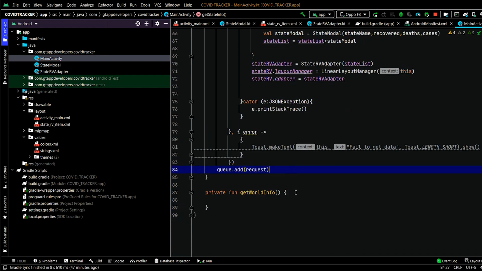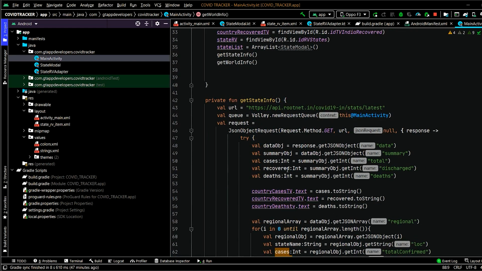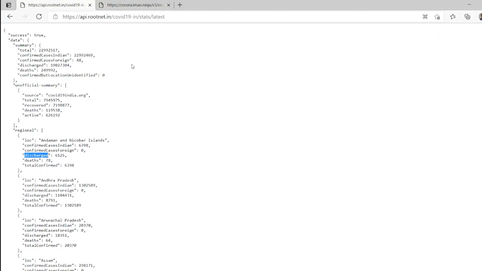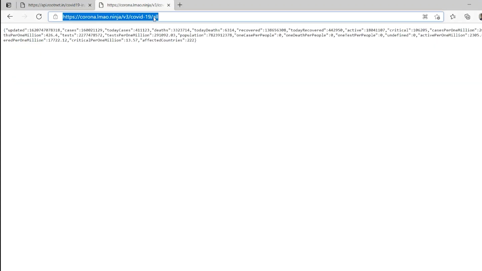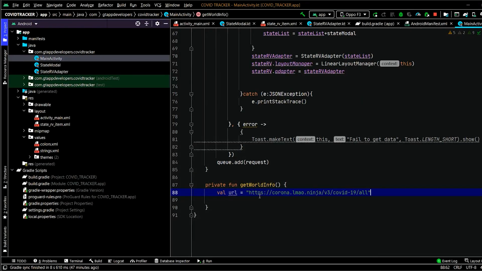Now similarly, we have to make a request for our world info. Here also we will create another variable as URL, and we will specify the URL as the different one. This URL displays data for the world info, that is cases across the world, deaths and recovered patients across the world. So we will copy this URL and use this URL here.